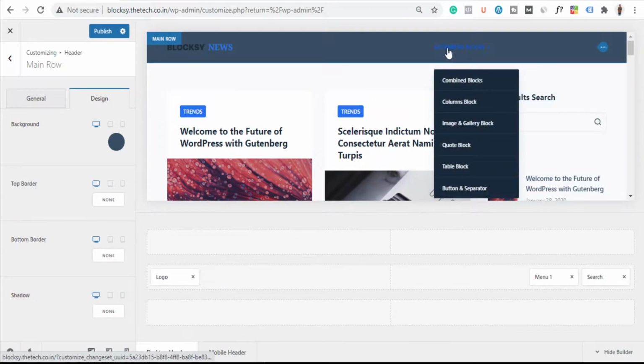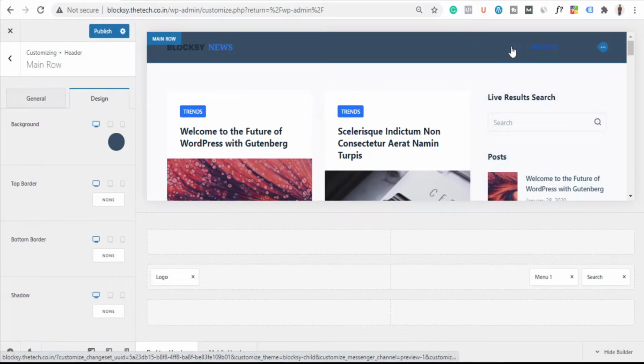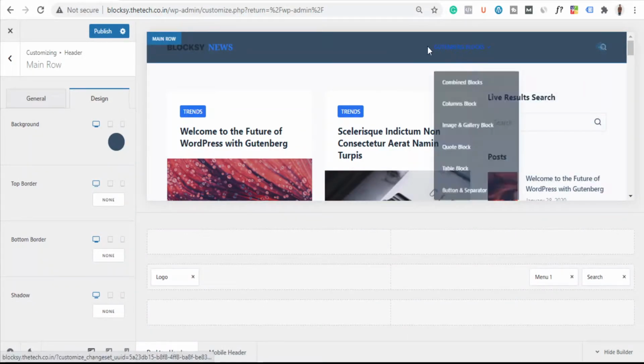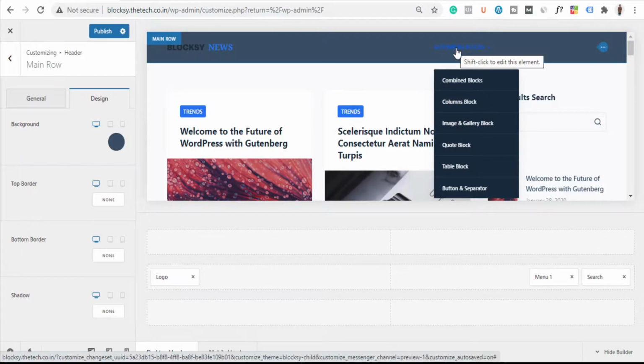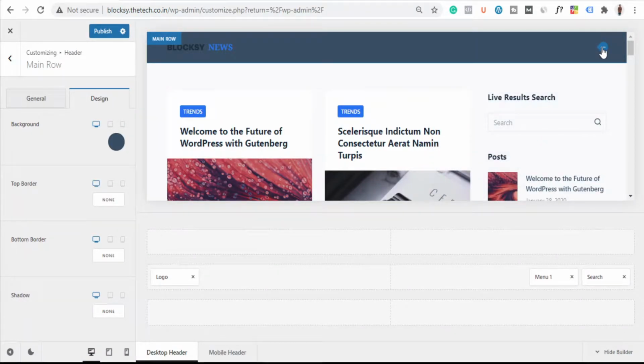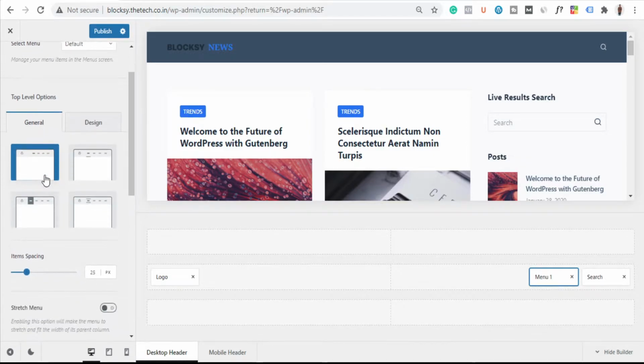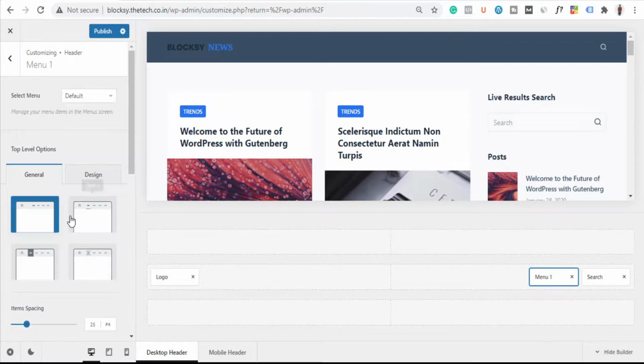Now you can see we can't see the pages section here because all are darker color. So first we need to change the color of these pages. So what to do, just go to these 3 dots here. You will come to this pages option. Here you can see there are too many options for how you want to show your pages, like type 1, type 2, type 3, type 4, but type 1 looks good, and I would suggest you as well to keep type 1 only.